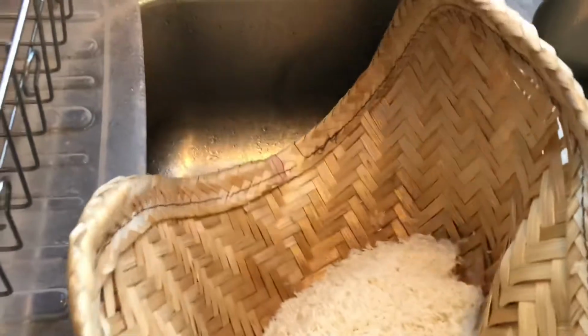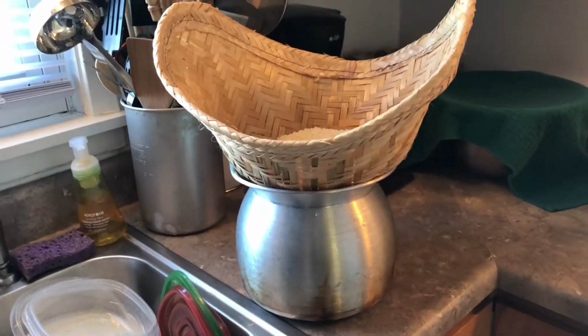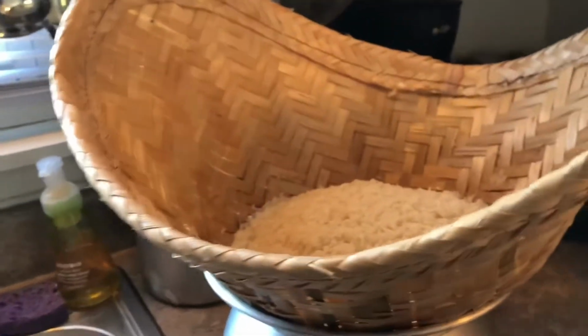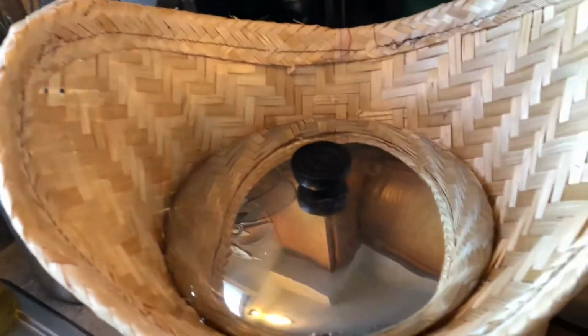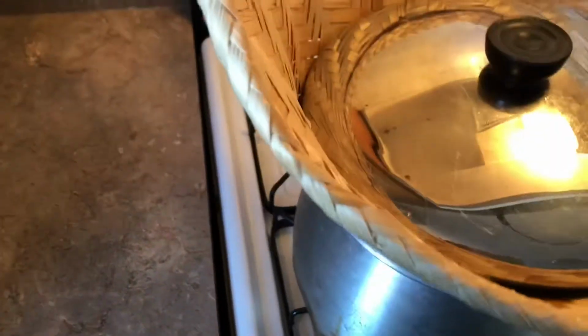Next, we're going to put this right here, the steamer top, onto the bottom pot. And it sits on it like that. Next, just get a lid, a big pot lid, and cover the rice up like that. So when it's steamed, it will keep it in there circulating. Put this steamer on the stove top